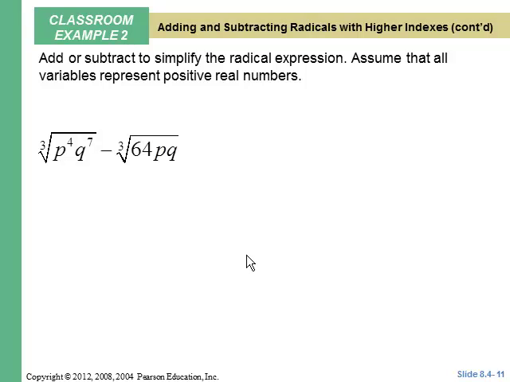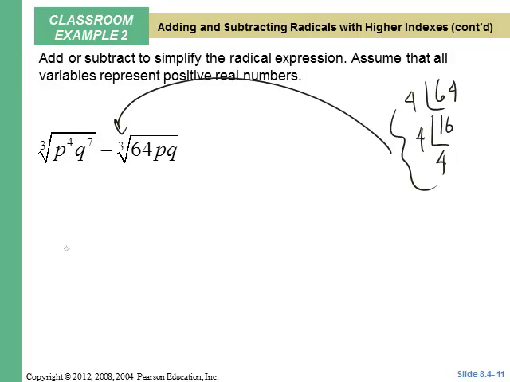I like doing letters better than numbers. Let's look at the 64. 64 divided by 4 is 16, divided by 4 is 4, so we have a group of 4 on the outside. And